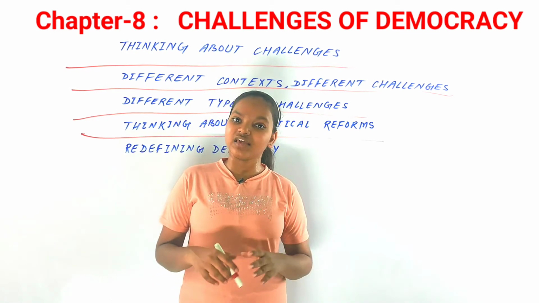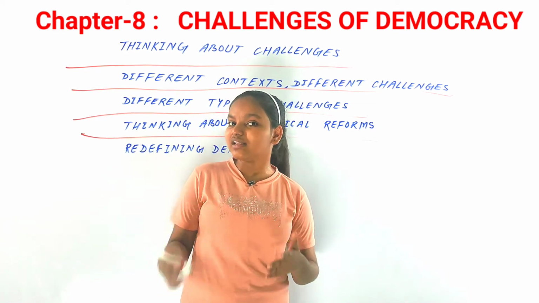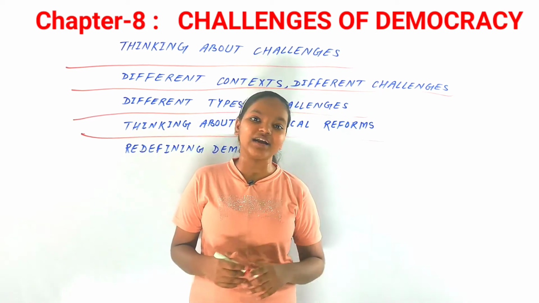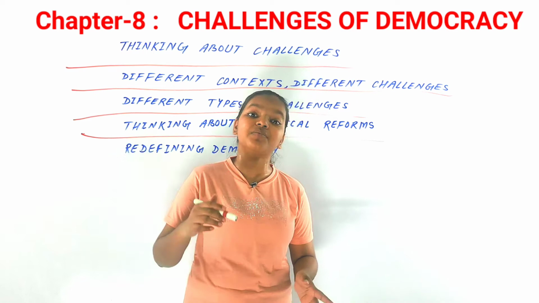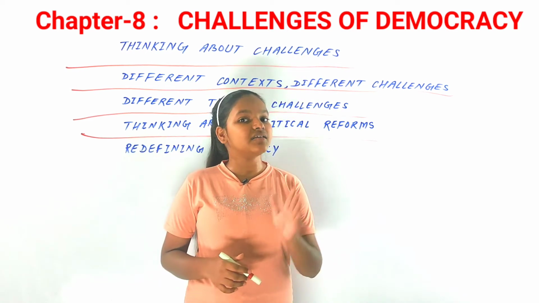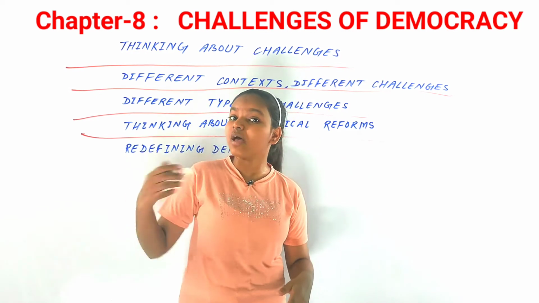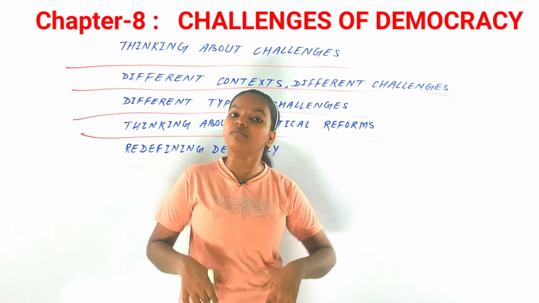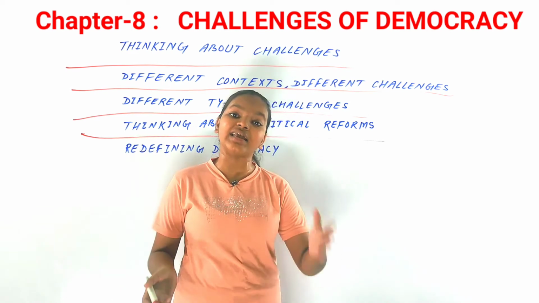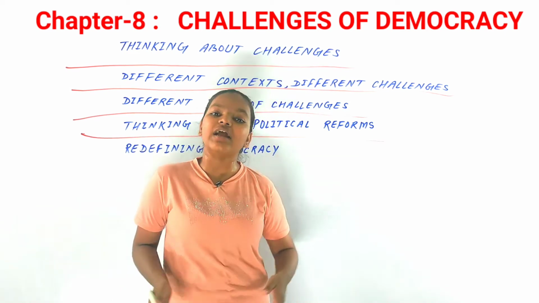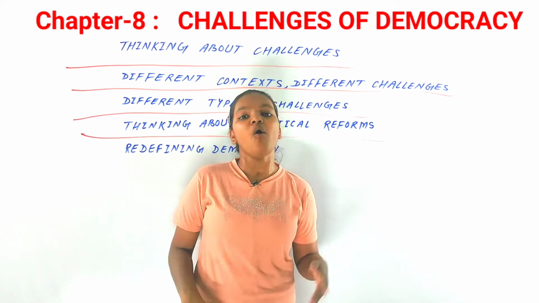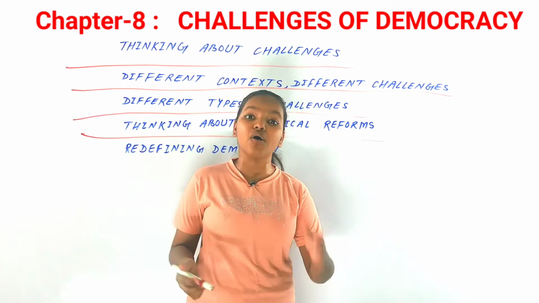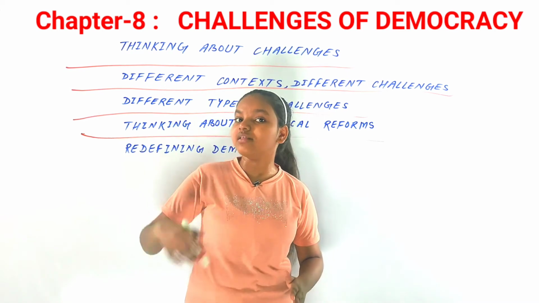After that, let's take an example. There are many examples of challenges in our country for democracy. The most important thing we have to discuss is doctors' absenteeism. Absenteeism of doctors is getting worse in our country. Many surveys have been conducted, and it has been seen in those surveys that the doctors who have been posted in the rural areas cannot be seen in the rural areas.